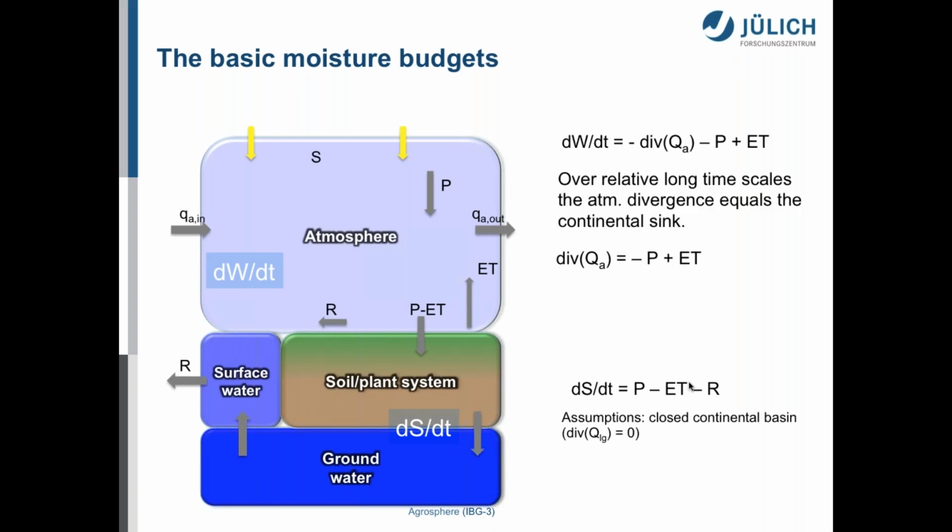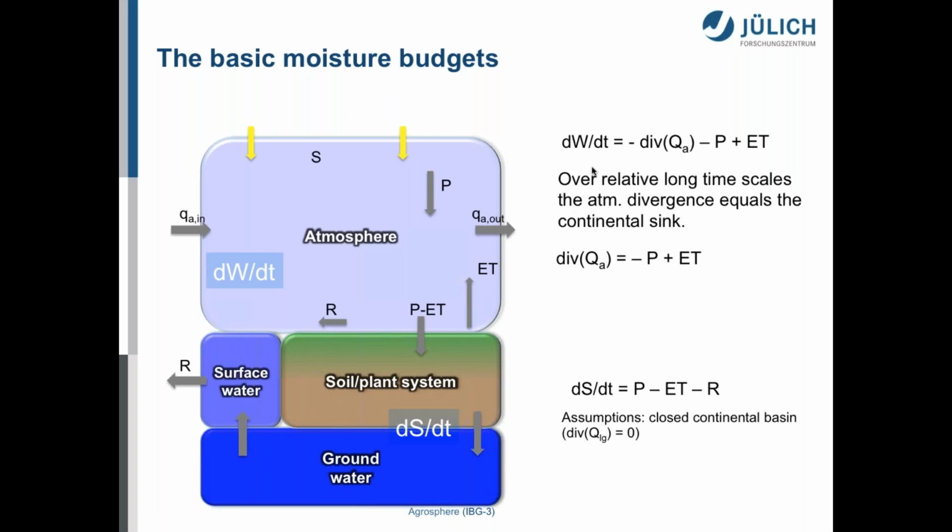So we do this for the land surface subsurface system, and we can do the same for the atmosphere now. We write the storage change of water vapor in the atmosphere, which is equal to the divergence. This is important for the atmosphere, because this is really a major flux. The divergence, in essence, is the difference between what comes in and what goes out in terms of water vapor. And this equals the sink: precipitation becomes the sink for the atmosphere, and ET becomes the source for atmospheric water.